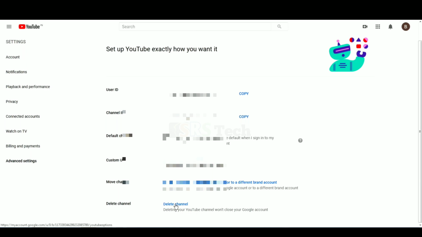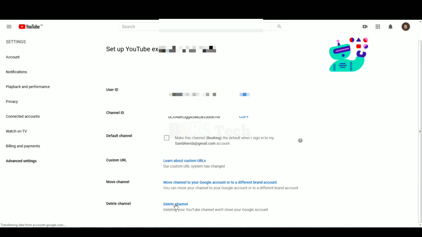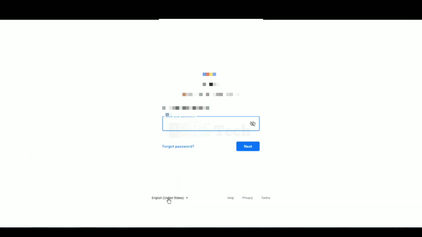So after clicking this option, you will be asked to type your password, and after giving this password you will be notified on your registered mobile number by message. आपको उसके द्वारा मैसेज आएगा और आपको OTP मांगेगा, फिर आपका चैनल डिलीट हो जाएगा